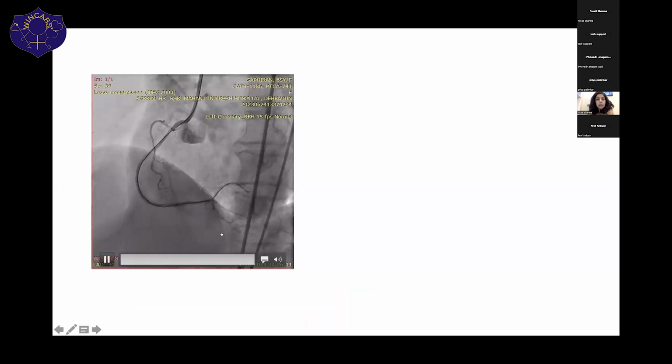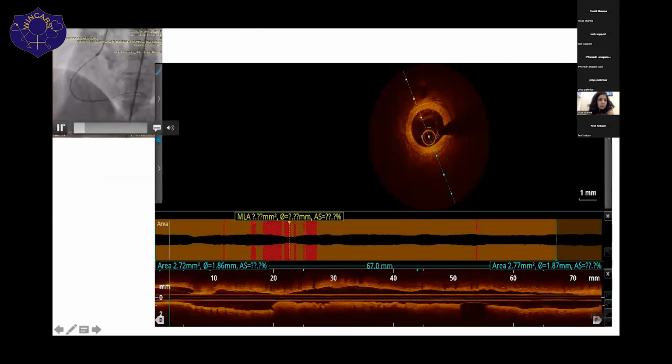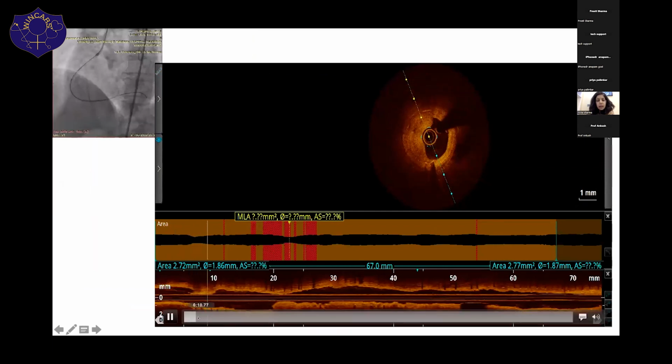I had to see what the reason was for this non-passage of the guide extension catheter and the small balloons. In the OCT, I could see that my wire was always in the true lumen. It was never passed behind the stent struts. And there was neointimal hyperplasia with lipidic plaque as well. And here we can see the development of